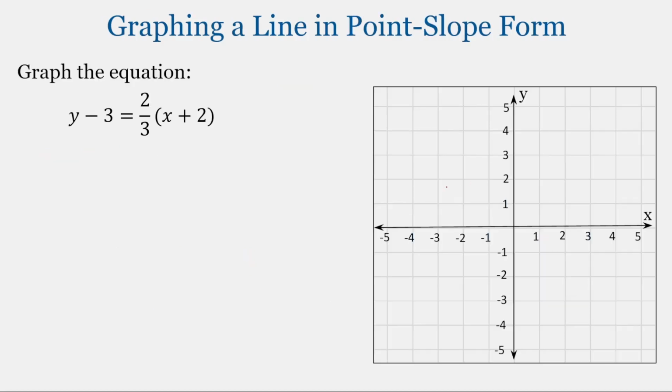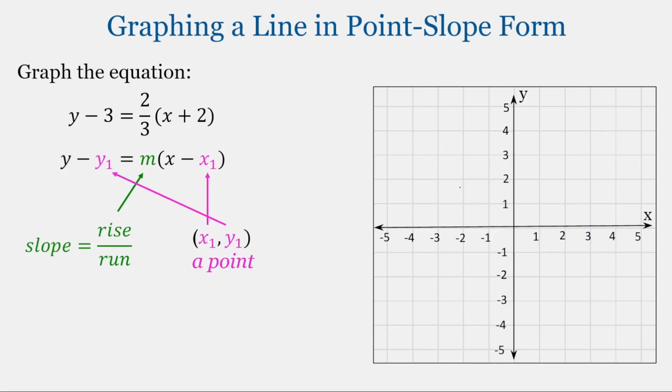Now we're going to do the same process when we have an equation written in the point-slope form. The only difference is how we get that starting point. So when we have something in point-slope form, once again, we know how we're going to move. We have our slope, but then we're also given a point that's on that line, not specifically the y-intercept. And that point will be our starting point, just like the y-intercept was our starting point when we were graphing